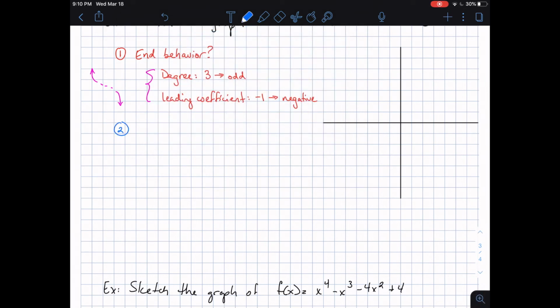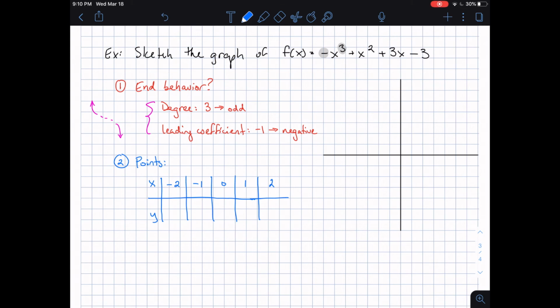The next thing that's going to be helpful are some points, right? I said for now, it would be helpful just to have some points because we haven't talked about how else we can graph. So I'll come up with a little table here. Usually it's pretty safe to pick -2, -1, 0, 1, and 2. If I plug those into my function,